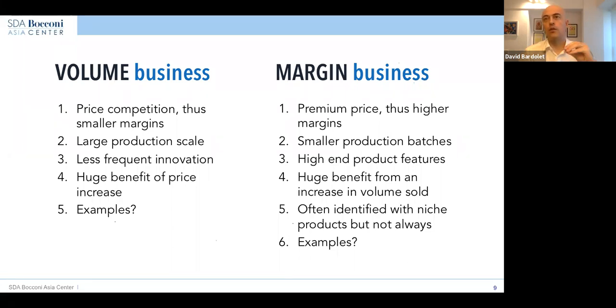So even though you're going to see that almost all niche-focused businesses, the businesses that focus only on a small segment of the market, are margin driven, because the moment you are niche, you are constraining the number of units, right? You're constraining the volume. So you have to make money on the margin. There are also mass market companies that are about protecting the margin.